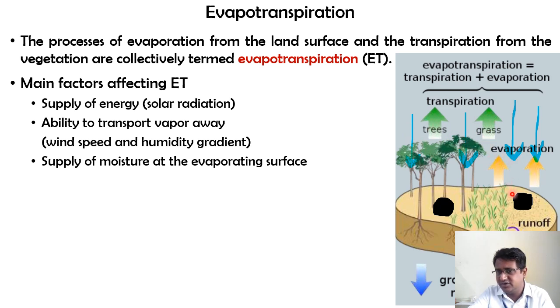Apart from that, the evaporation is going to occur even from these rock boulders which are there, if any moisture is available on them. Apart from that, even the soil which is surrounding these particular plants, because you can check that in between the plants you always have soil. Even in between the grass you always have soil. So you cannot say here I'm going to only determine the amount of transpiration. No, you cannot do that, because soil and plants exist together. So that's why here we cannot segregate the evaporation and transpiration separately.